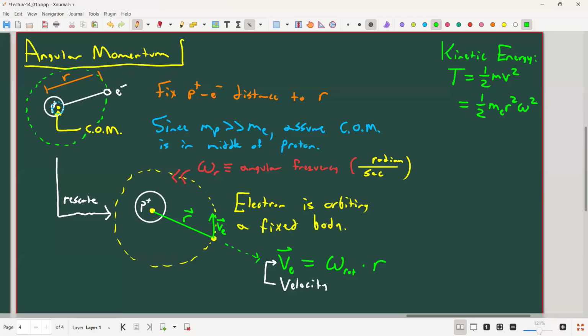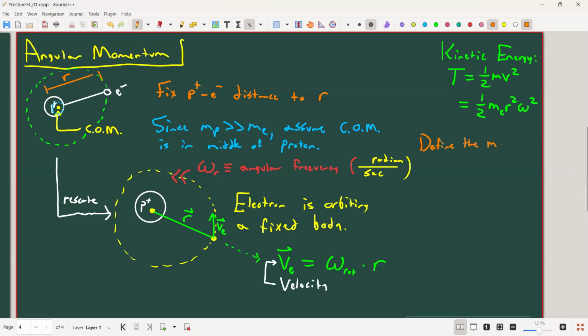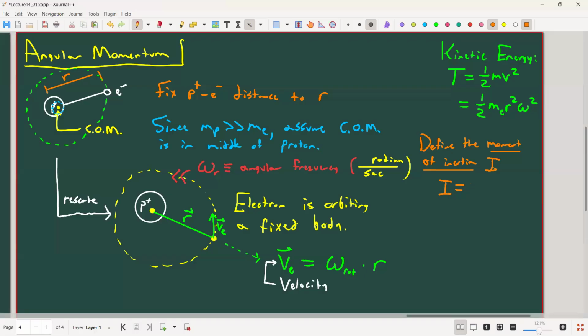I'm going to define a new parameter called the moment of inertia, I, where I is equal to m_e r squared. You guys remember from physics 1,